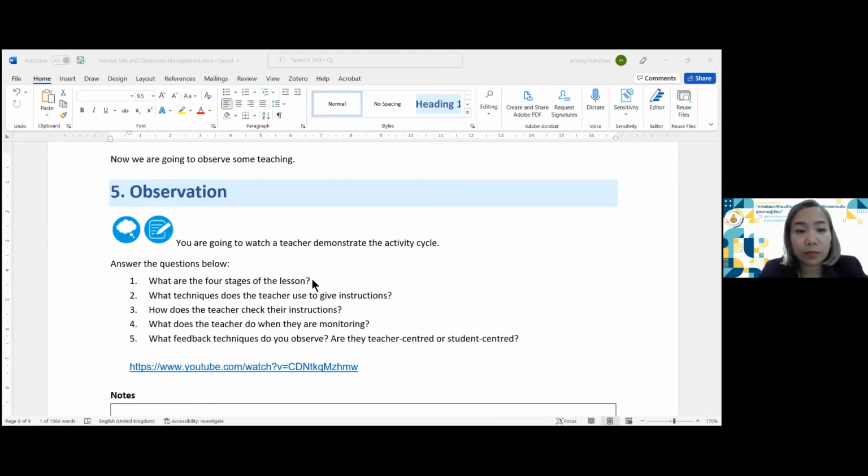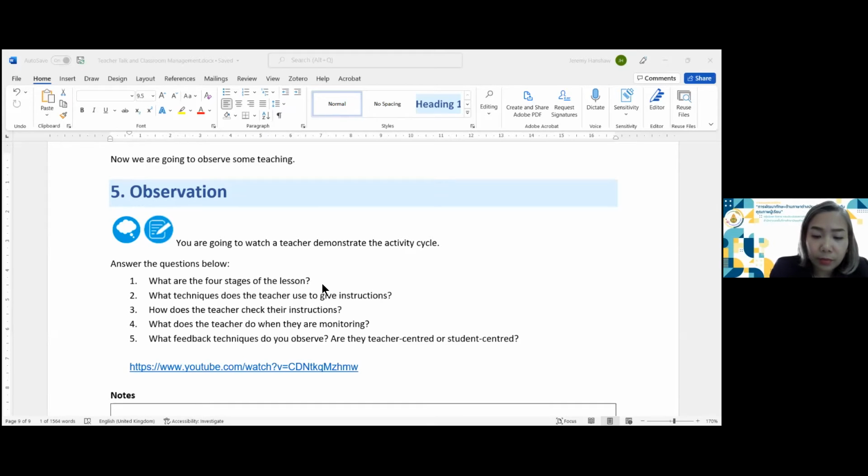Instructions, yes, and an introduction. Introduction, activities, feedback, wrap up. Good, perfect. Could you say it again slower, please? Introduction, activities, feedback, wrap up.